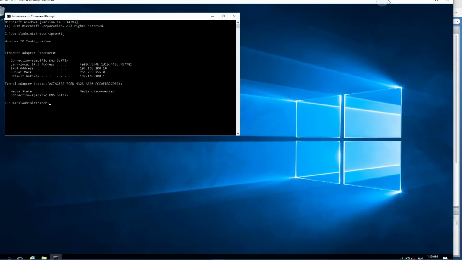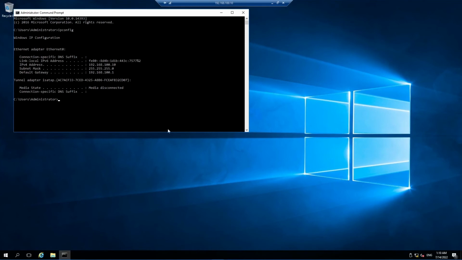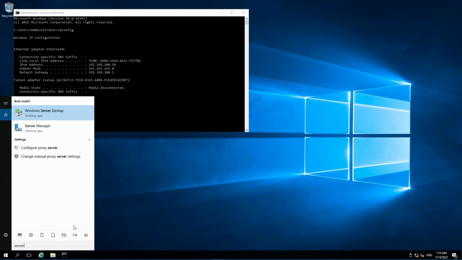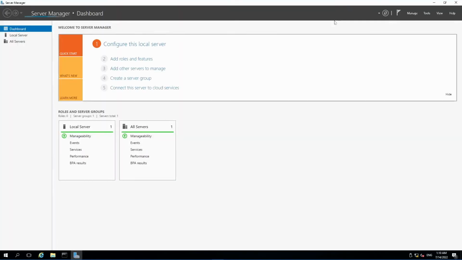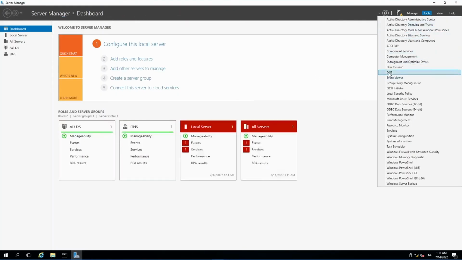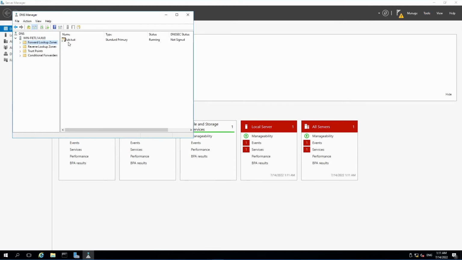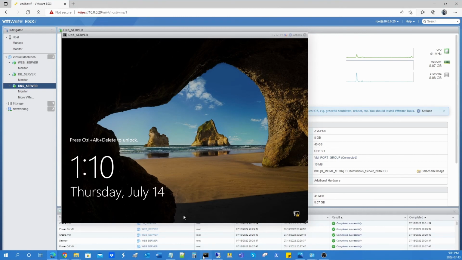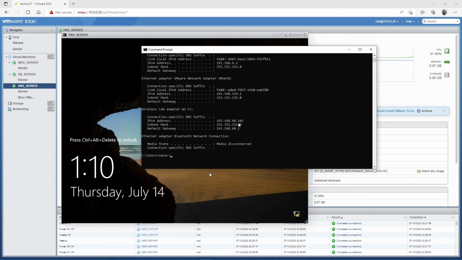And I just want to show you this as well. Just another quick test for you. I'm going to show you on the DNS server, right? So let's go to Server Manager and just open the DNS configuration from here. The name of the domain that I configured is lab.test, right? And here the IP addresses are for the hosts, the other two servers, the web server and DB server, right? All right, cool. So if I come and do a ping test here from my laptop, oh wait, let me first change